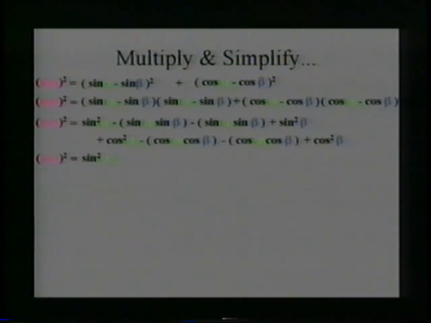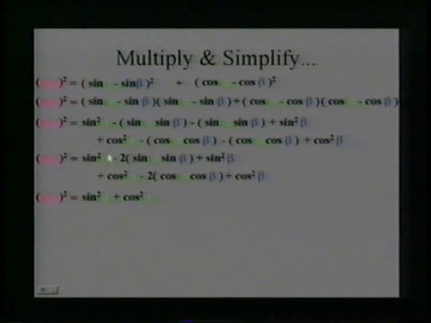I take the sine of alpha squared. Oh no, I'm going to put these two together. We'll put these two together and get two of them, minus 2 sine of alpha sine of beta. And then I've got my sine squared and my cosine squared. And I see I'm going to put these two together, and I'll get two of them, and then I'll get my cosine squared. What can we do with this now? Ugh. Well,